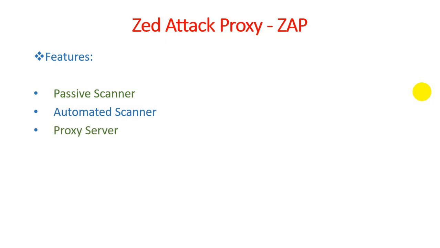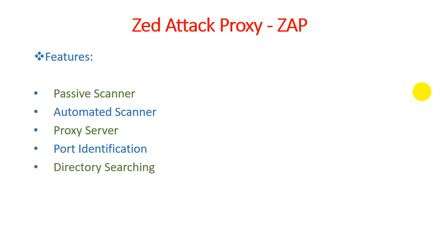Next one is known as a proxy server. We know what a proxy and a proxy server are. It provides a request on behalf of another request. Port identification: as previously discussed, Zend Attack Proxy provides information about open ports available on a targeted system. So it is one of the features that is really useful in the cyber security world.